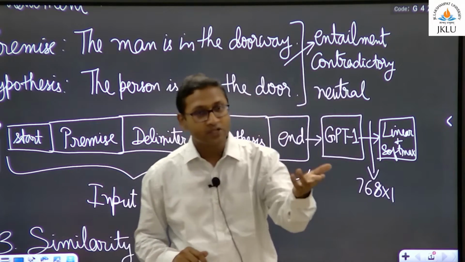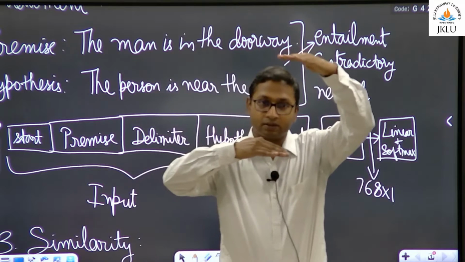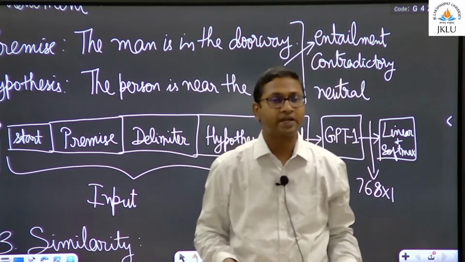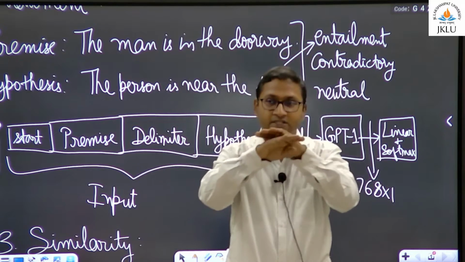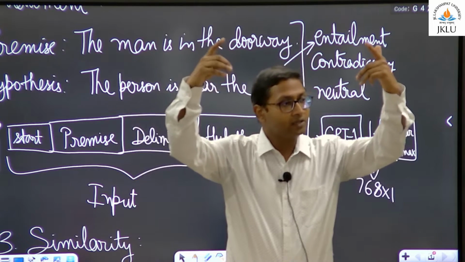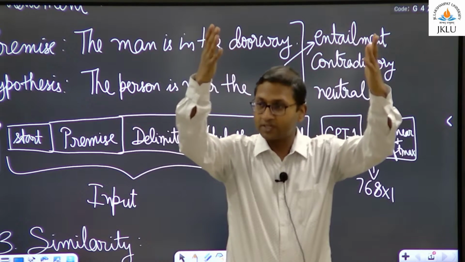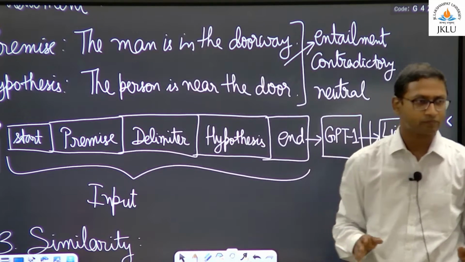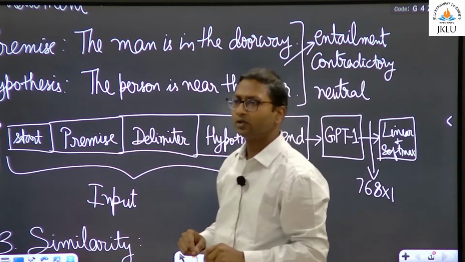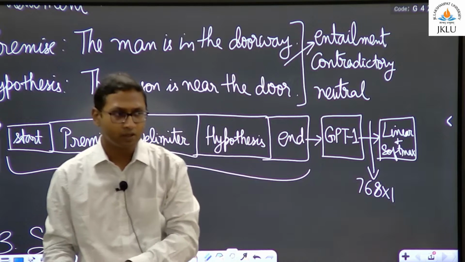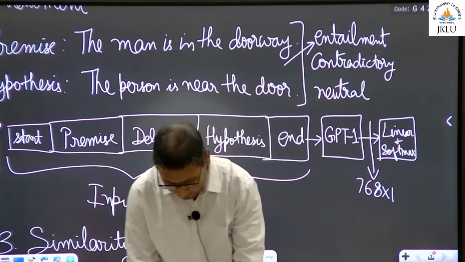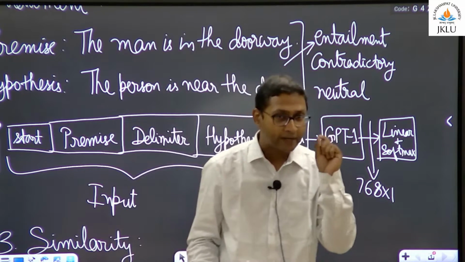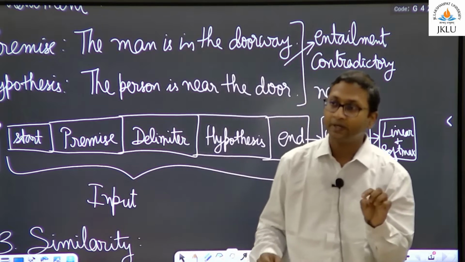Now you can also decide to train, for example, this GPT-1 was a stack of 12 layers, 12 decoders. You can also decide that I will not change the first 6, I will train only the uppermost 6, okay, and so on. You can do all kinds of combinations that you want to do, depending on how much compute you have. Okay, so this is the fine tuning, and they of course show better results on 9 NLP tasks of 12